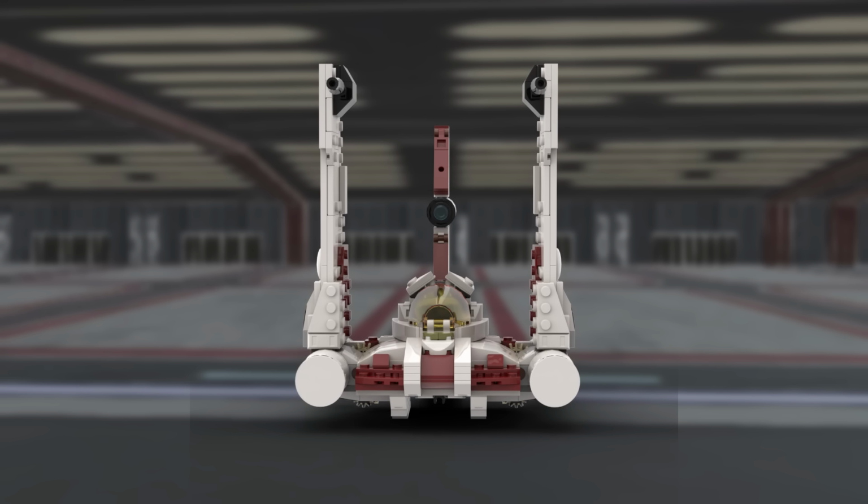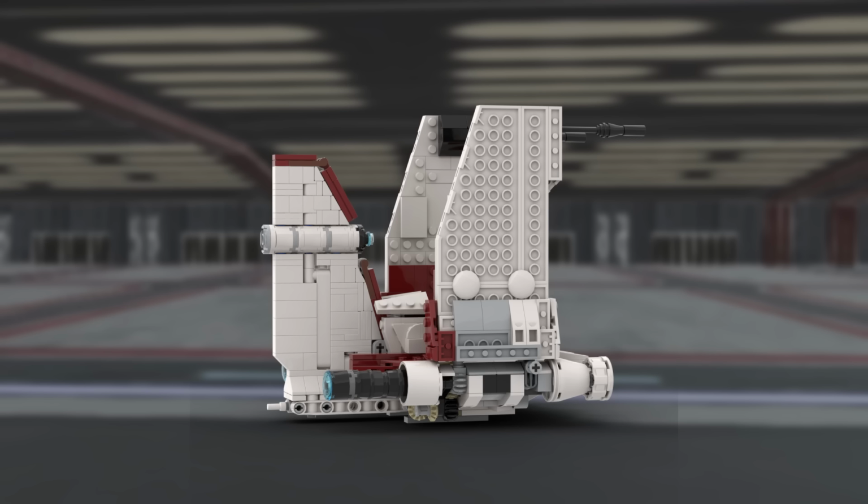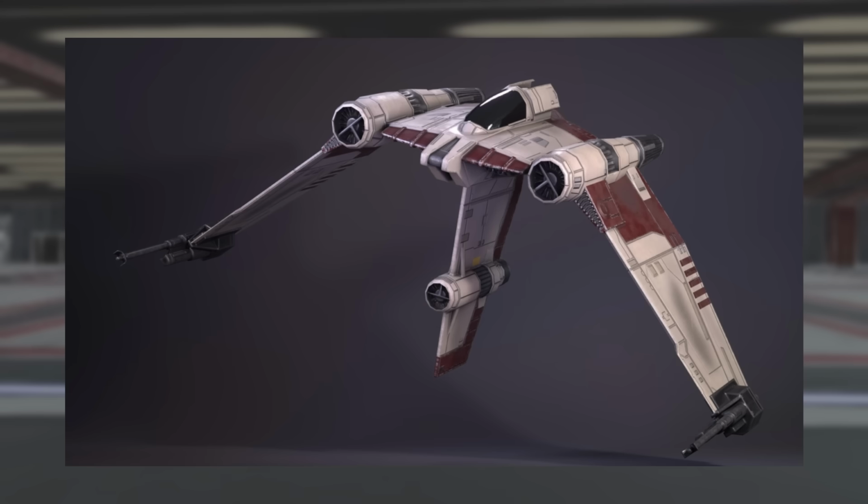size of the supports. When I put it back on the set, I'd already modified the back fin, and I decided that they needed to be longer, so I added about 2 more studs in length, and that seemed to fix the problem. I even took an extra look at some reference pictures to see if there was anything else